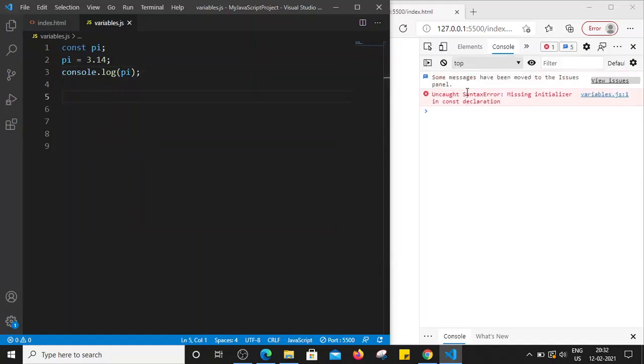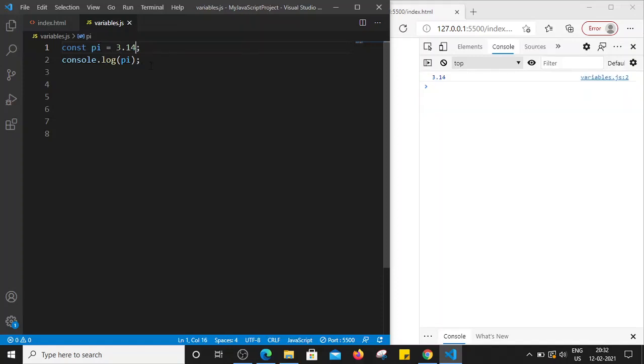It will simply give you an error, right? This is also not valid, because in case of const we cannot declare first and then assign the value. We have to declare as well as assign at the same time. So we have to write const pi is equal to 3.14, then only it will work. So that is the difference between const, let and var regarding hoisting, right?